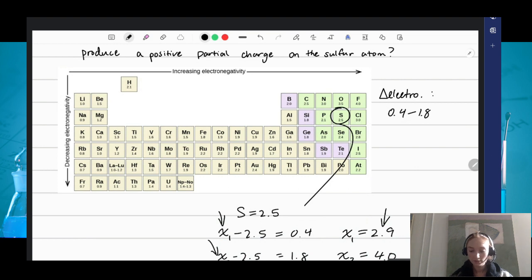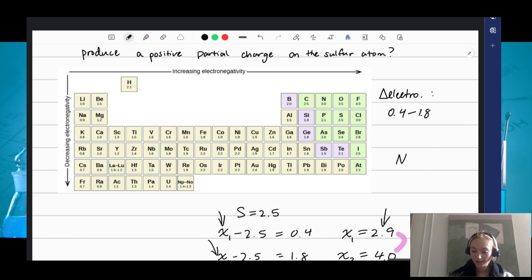And so when we look at the periodic table here, we can see only 4 atoms have that value. So boron has 2, so it's not between 2.9 and 4. So that is not one of them. Carbon is 2.5. Not there yet. Nitrogen is 3.0. So nitrogen is one of the atoms that can bond with sulfur to create a partial charge,